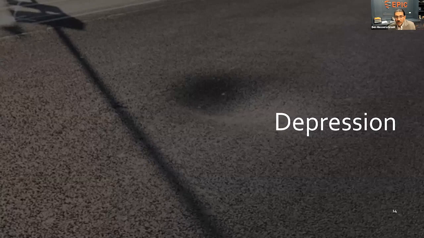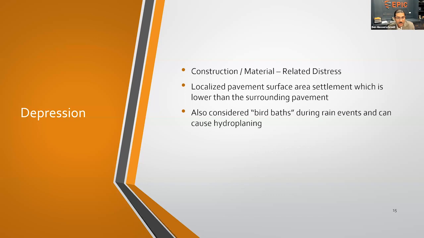Okay. Moving away from cracking. This is going to be a depression. Depression, pretty straightforward, is going to be a low area within the pavement. Now, there's going to be localized settlement that may occur, also called bird baths during rain events, and can certainly cause some hydroplaning depending on where it is within the actual area. This is going to be construction or material-based related distress. So whether it's lack of compaction or anything else going on within that system,